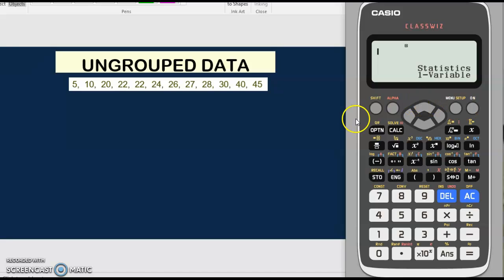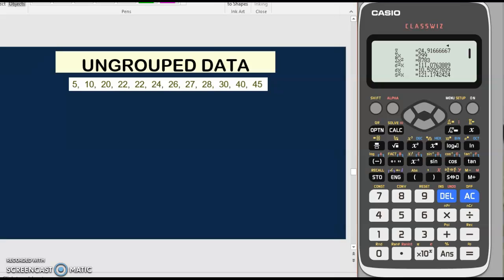Next, we are going to press button option, and we are going to choose number 2, one variable calculator. We press number 2. And then here we have the mean, summation of x, summation of x squared. So for our working in this calculation, we are going to use,